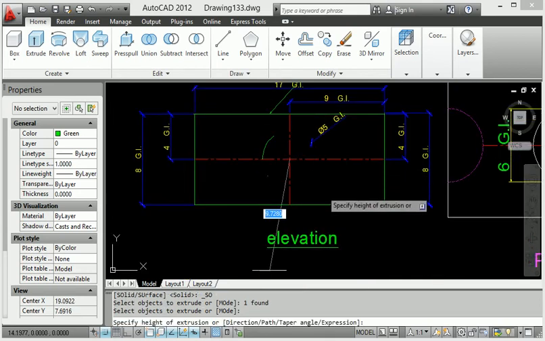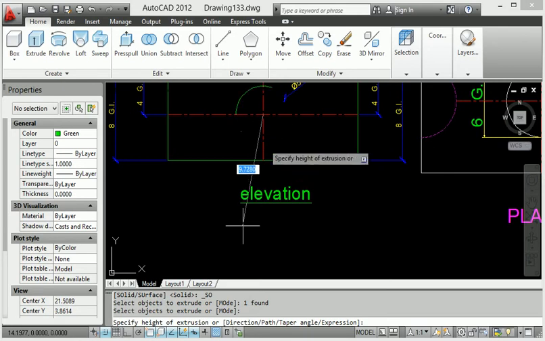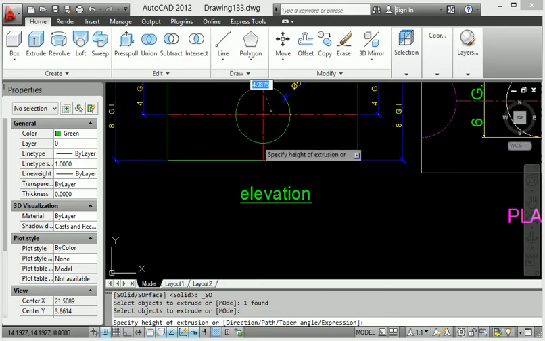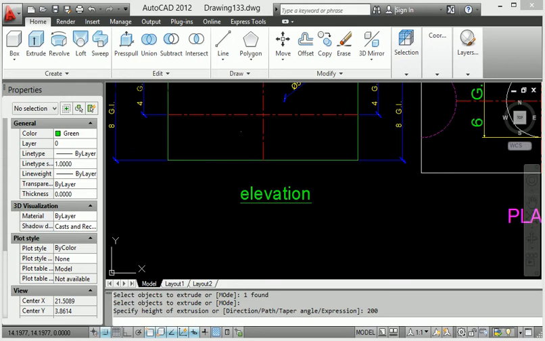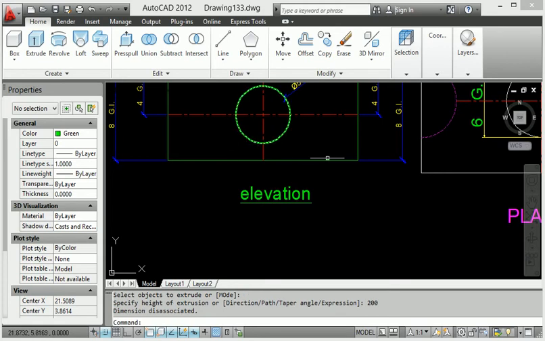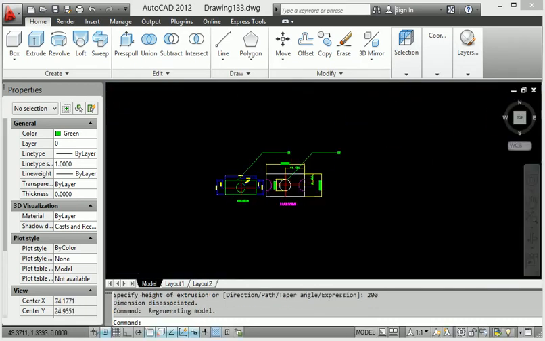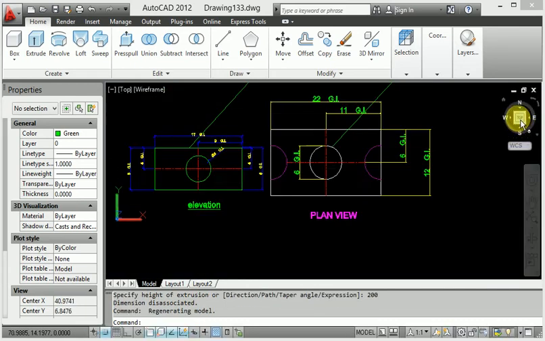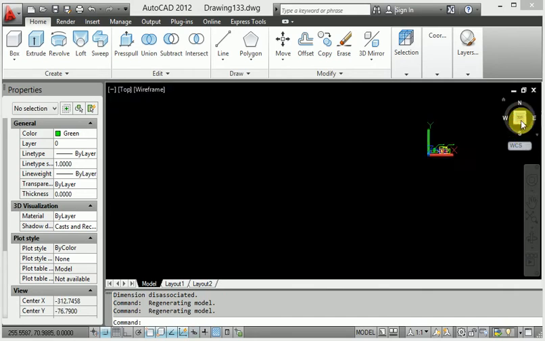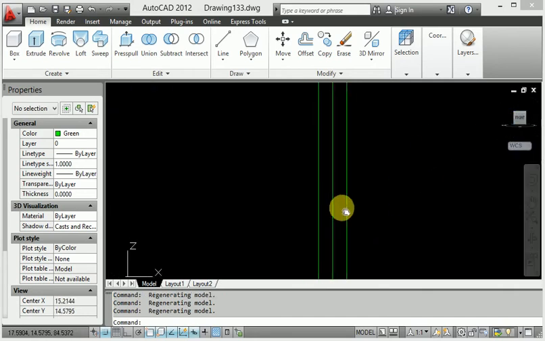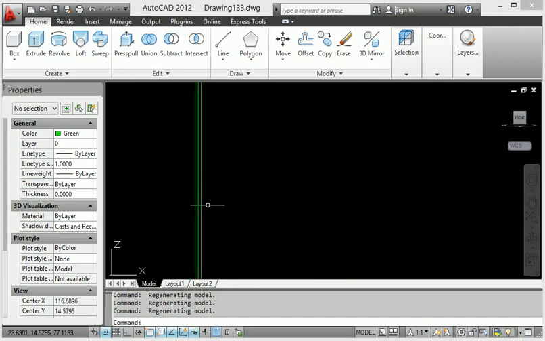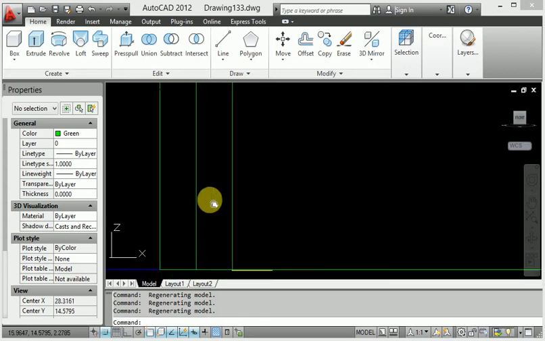You can also extrude a particular distance. If I provide the distance as 200, this diagram is extruded by 200 in the 3D basic workspace. So you can see here it is extruded 200 right now. I have just shown you this form.